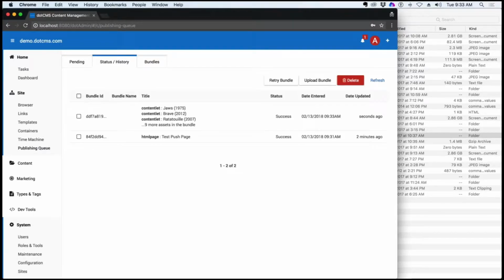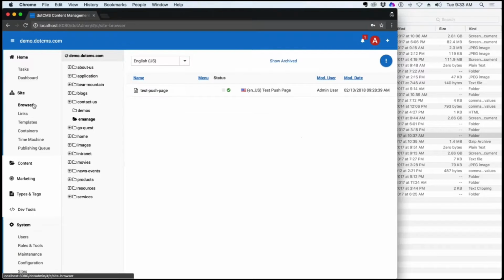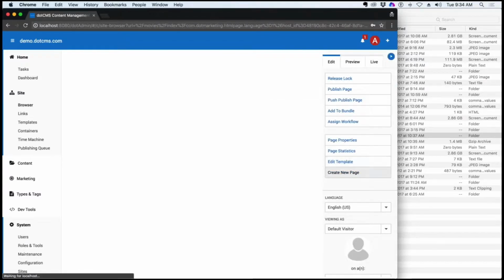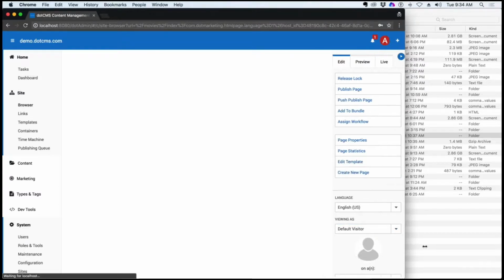Okay, my status history of my bundle was that I did the movies thing. I like movies, so it did succeed. So now I should be able to come to my site browser and see a whole movies section set up here under movies. If I click on movies, there's a new index page, and it's got a whole thing set up for movies,